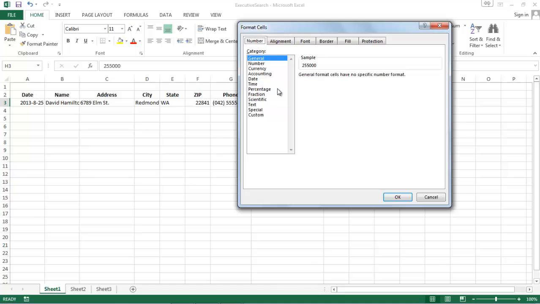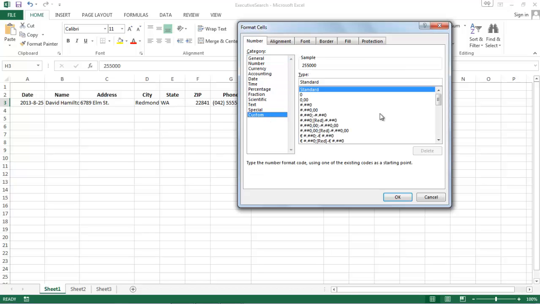The category list custom. Then in the type list, click the one with zero or comma. Right, and then